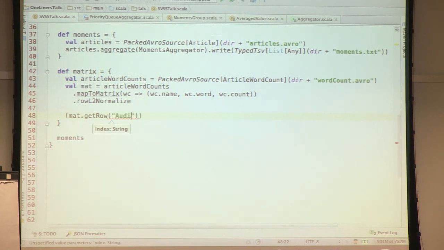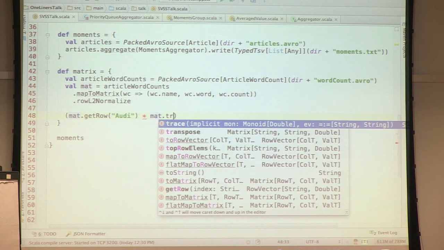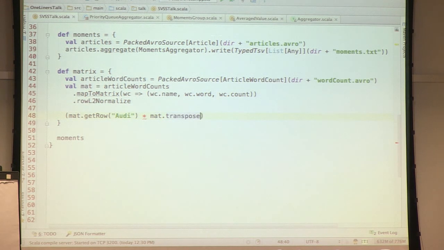So let's say a Wikipedia article of Audi. You can try anarchism, I think one of Chris's favorites, and we can just multiply it by the matrix. But we actually need to transpose it in order to get this whole row column stuff nicely.